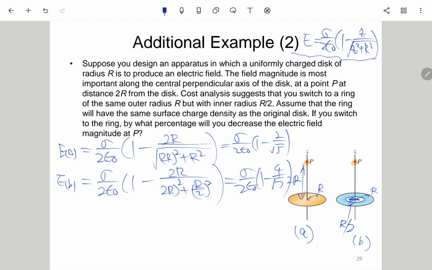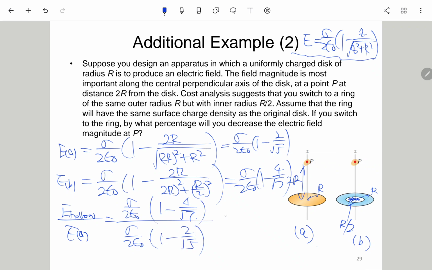Finally, we would like to calculate E hollow, the hollow disk, divided by EA. It is sigma over 2 epsilon naught times 1 minus 4 over square root of 17, over sigma over 2 epsilon naught times 1 minus 2 over square root of 5. So we have 28.3% for this additional example. Okay, so here we'll